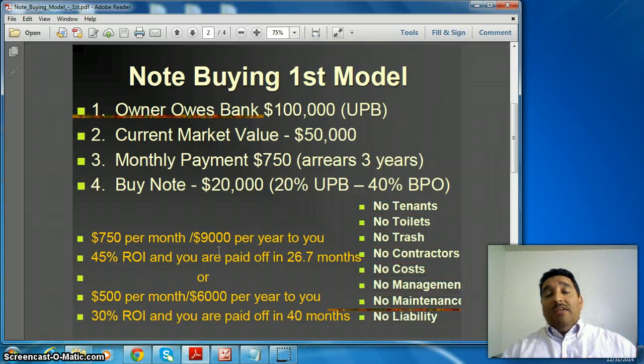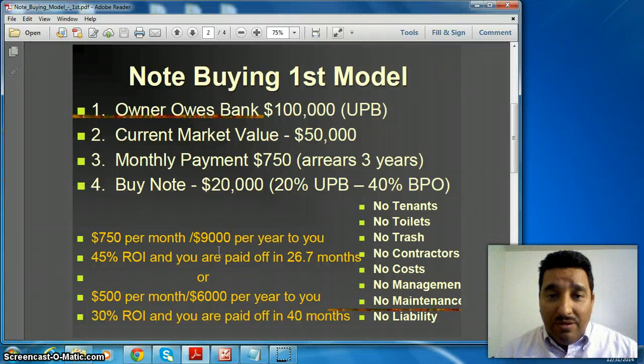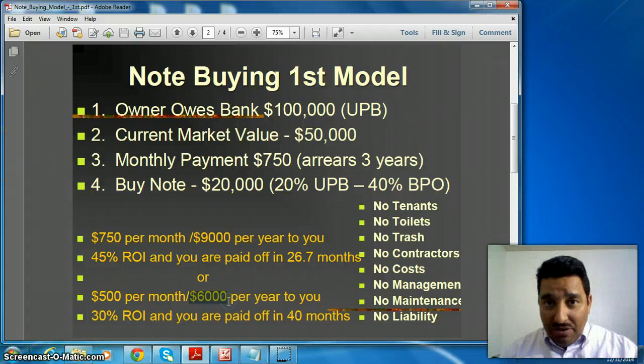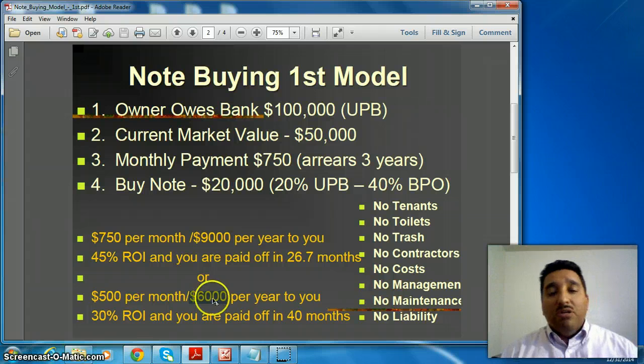So now let's say the homeowner or the family cannot afford $750. Well, then you go back to the homeowner and say, look, I'm the lender now, and what can you pay me so that you stay in the property? They say, well, I can pay $500 per month. If they pay $500 a month, that's $6,000 in 1 year, based off of 12 months. The $6,000 divided by